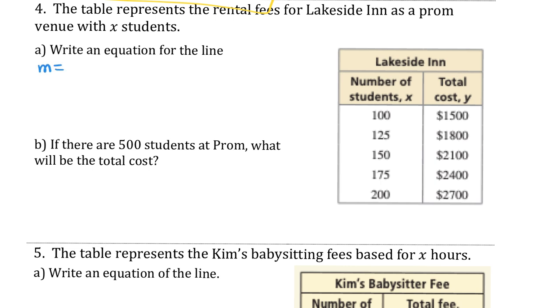If you do the slope formula, you can pick any 2 points. I just normally pick the lowest. Okay, the change in y, this is going up 300, over the change in x for the same interval, which is 25. Okay, so 300 divided by 25 is 12. Okay, I don't see a y-intercept, so we have to do point slope form. It does not matter which ordered pair you use for point slope form. If I have a choice, I pick the one with the smaller numbers for no reason other than it might be easier later. So y minus, the y coordinate is the 1500,